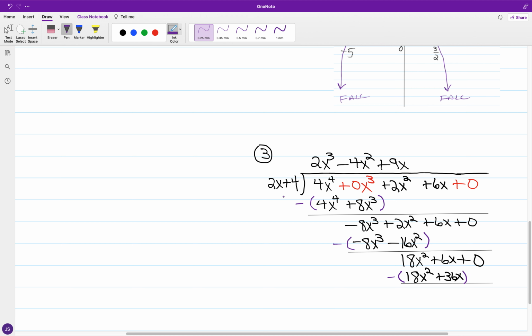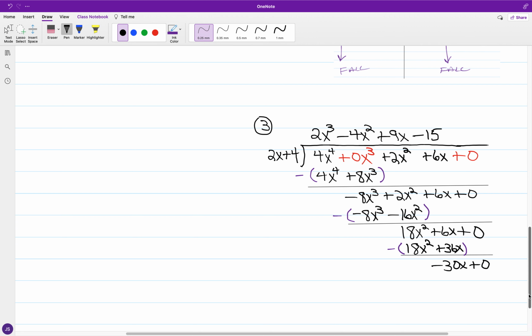Again, we have subtract, so 18x squared will go out. And we've got 6x minus 36x, that'll be a negative 30x. Then we have one more term in the quotient, and that'll be 2x into negative 30x, so this will be negative 15, and distributing negative 15 over the divisor, so we have negative 30x minus 60,